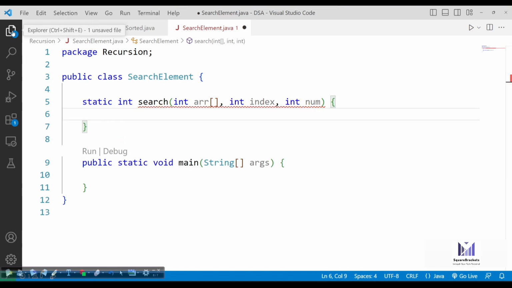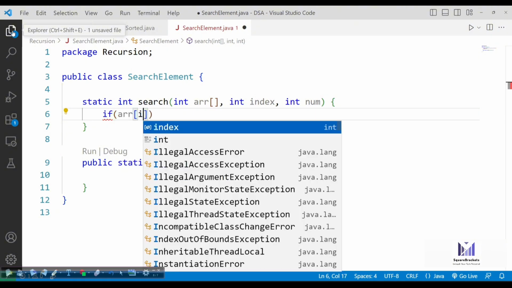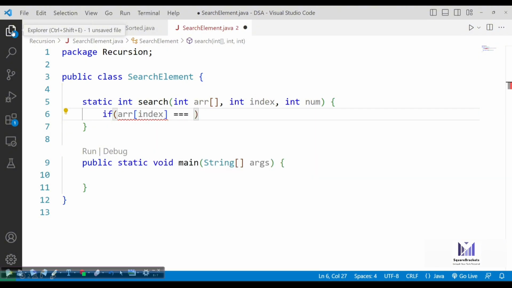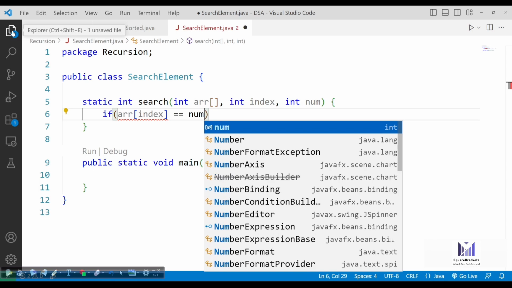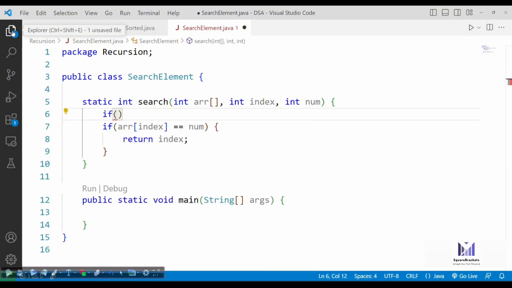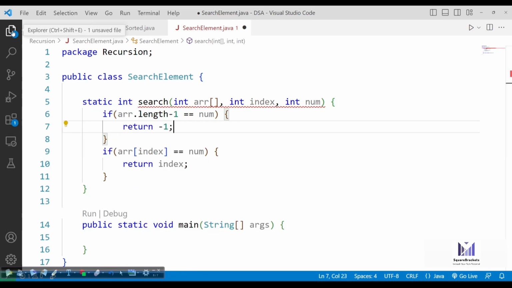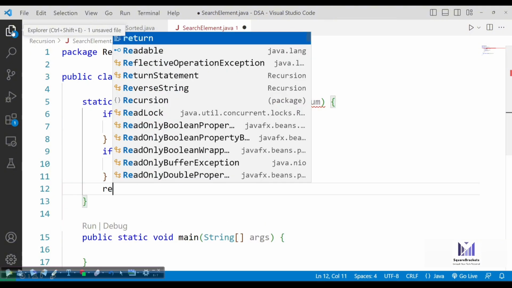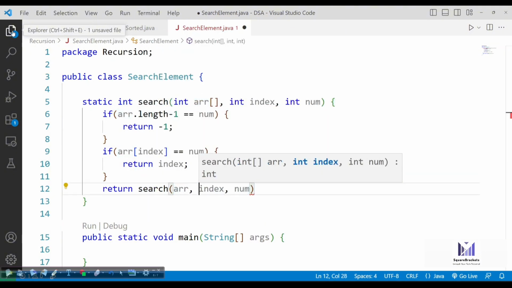Our termination case, base case will be that if array at the index matches the number, we will immediately return that index. Then we'll have one more base case: if the array is completely traversed and we still haven't found the element, we will return -1. It means the element is not found. And finally return search with array and index plus 1.